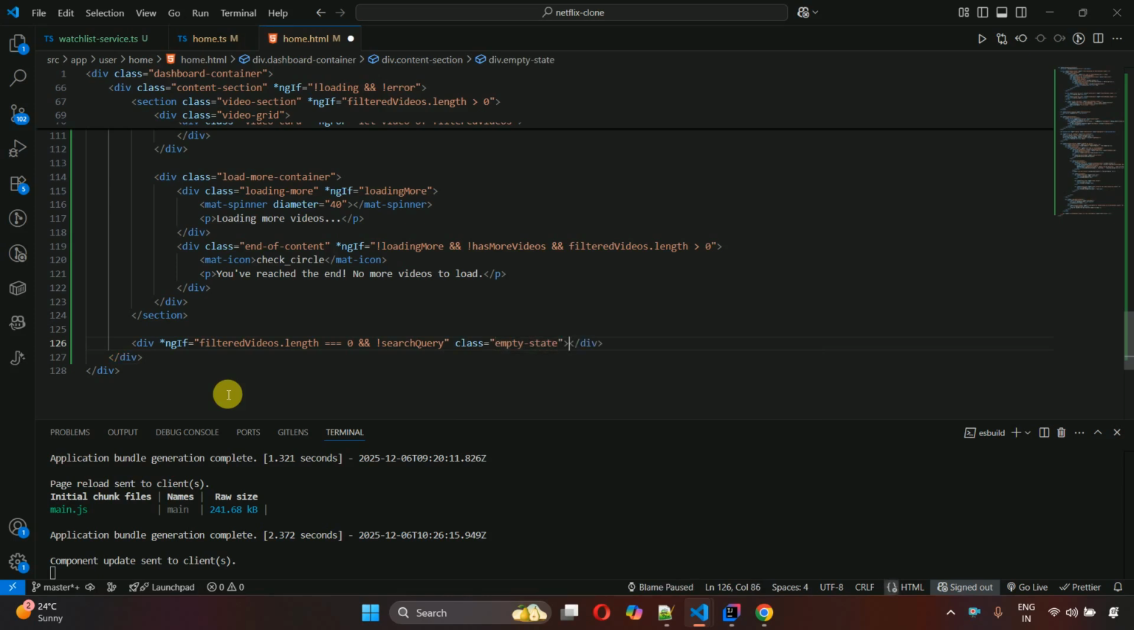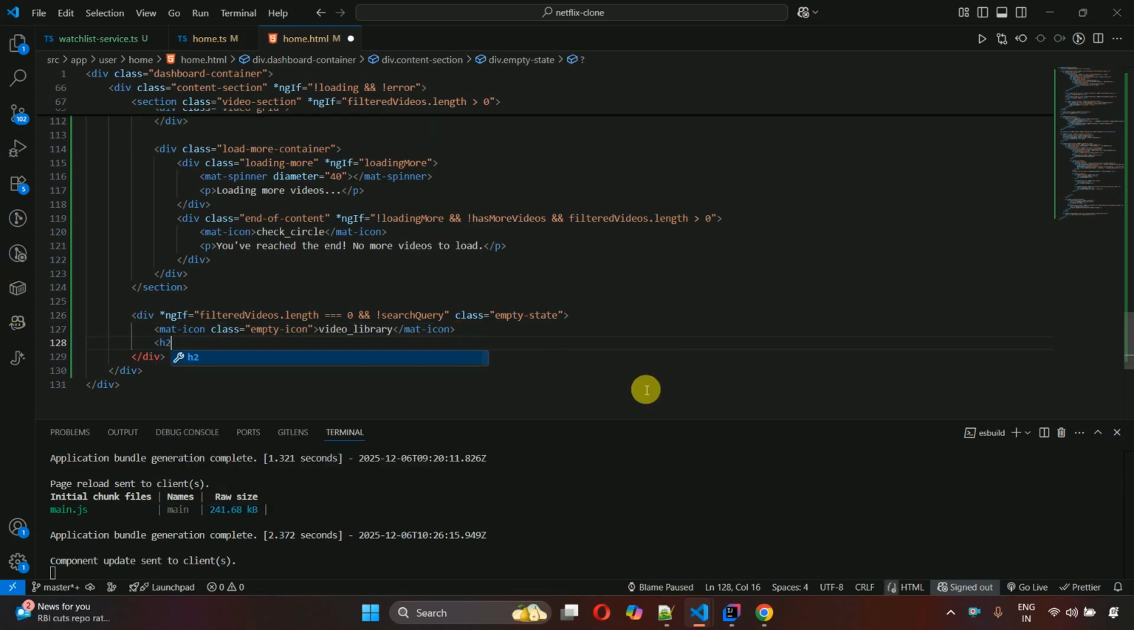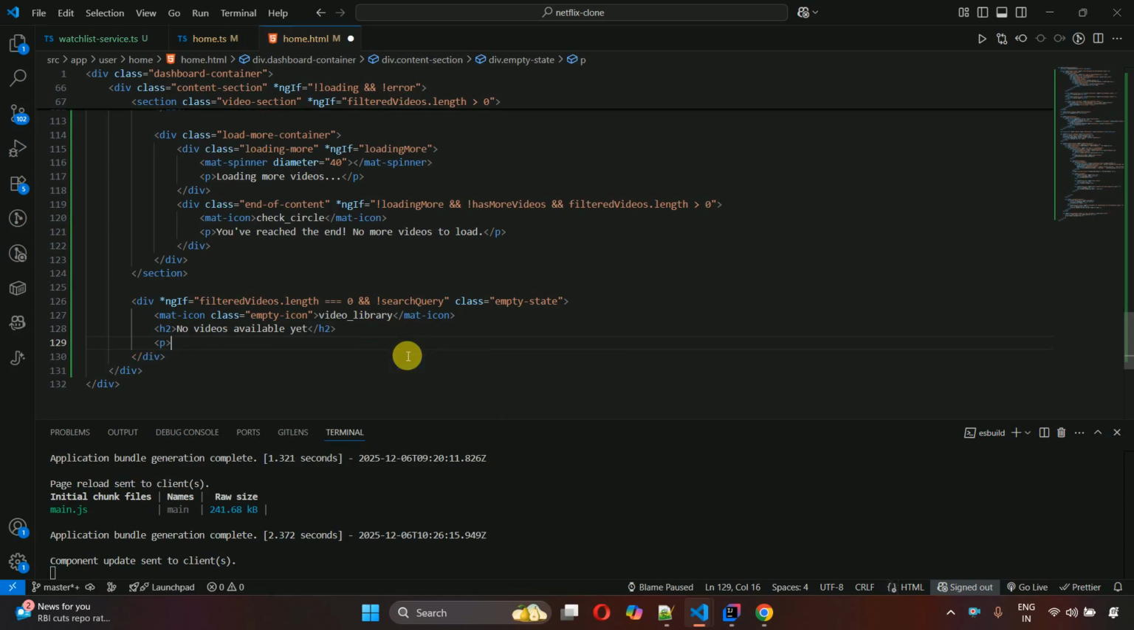and then close this one, and then mat-icon with class empty-icon, and then we have video_library. Here we have to show an h2, "No videos available yet", and then we want to show "Please check back later for new content",